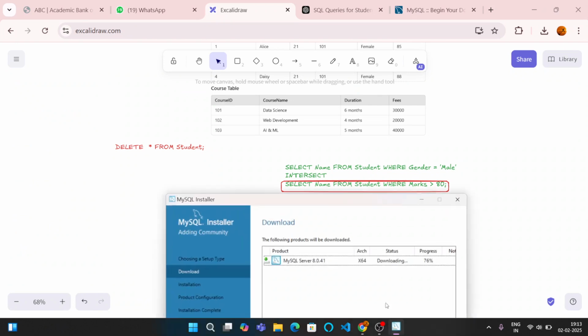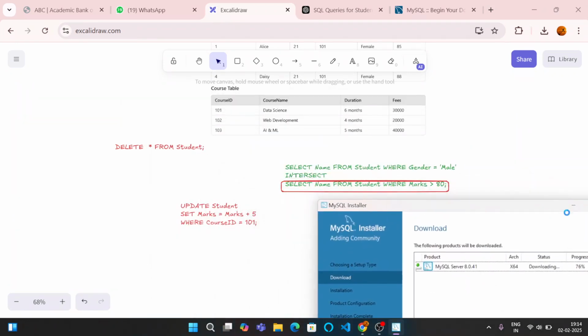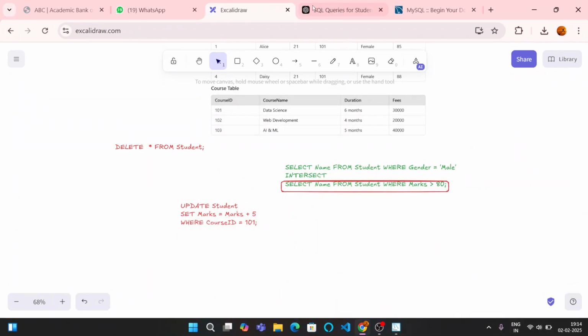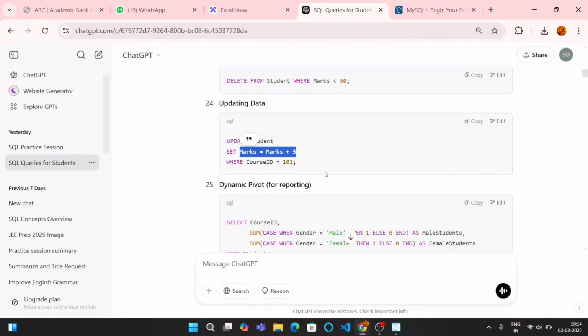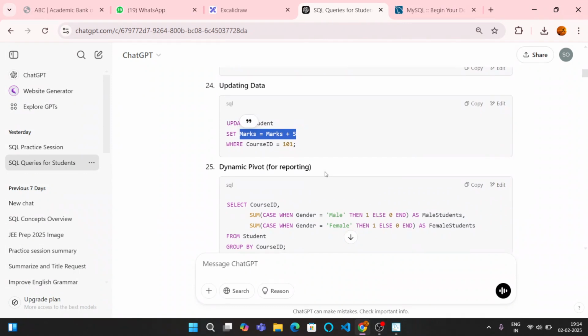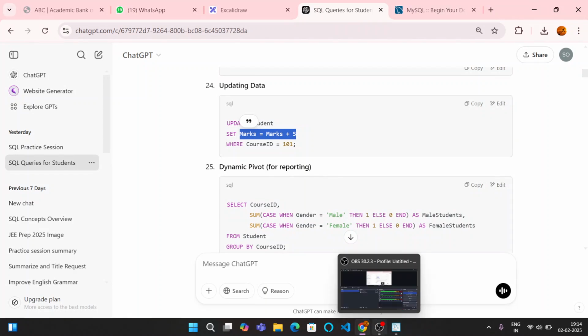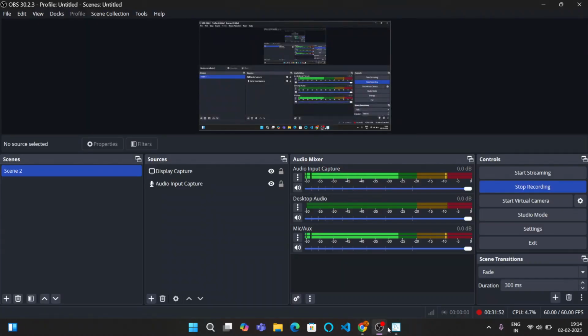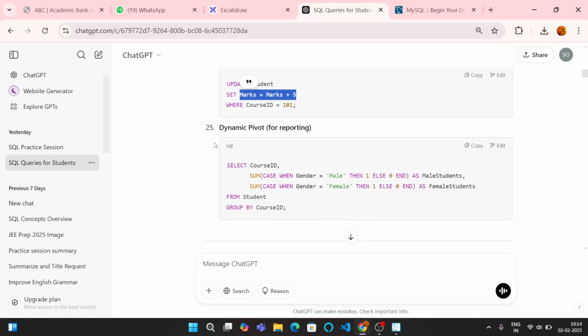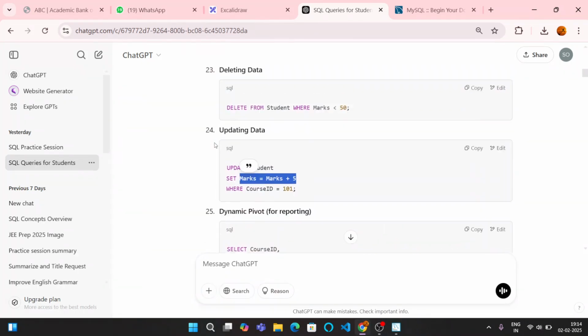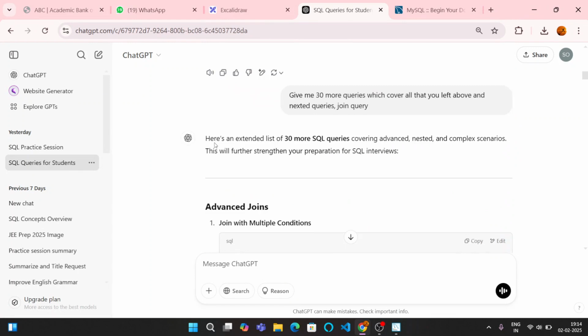And can I see the progress of this? Yes, 75% is already installed. And let me cover some more queries and we will run these queries in our terminal so we can see the output and match the understanding that we have learned from this video. Can I have some more queries? Yes. Updating the data, deleting the data,